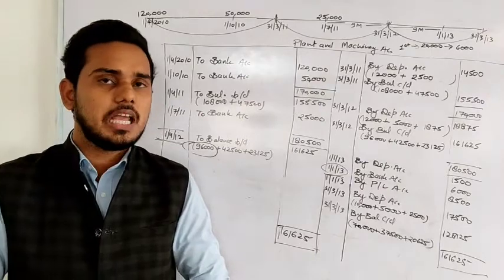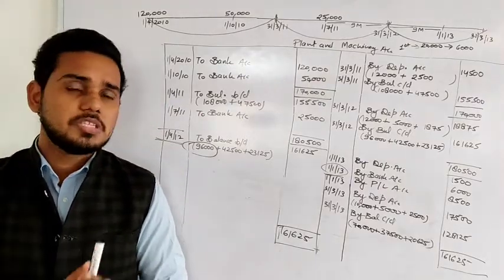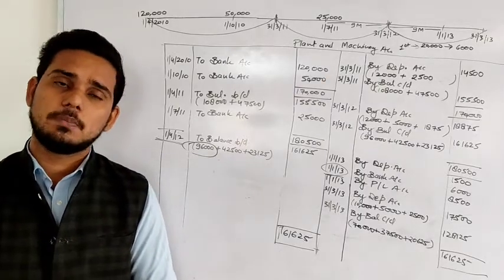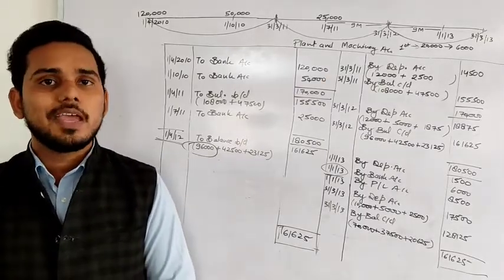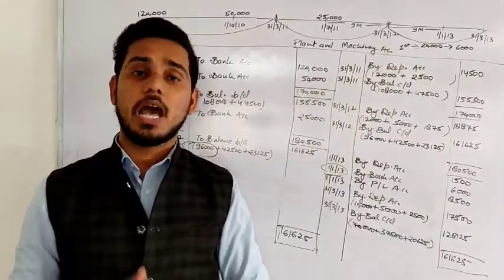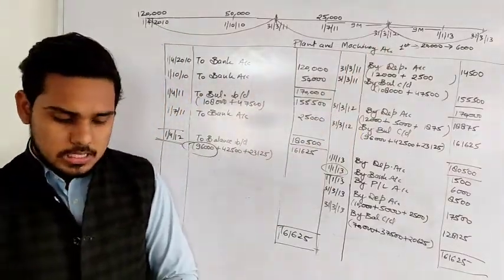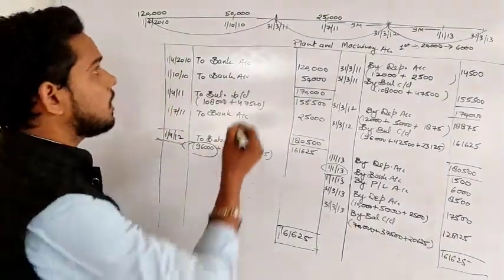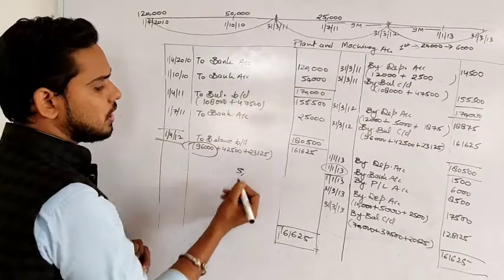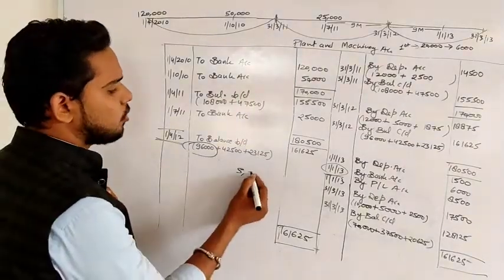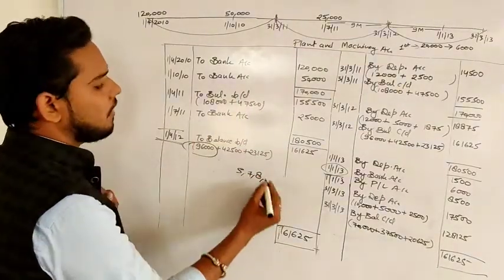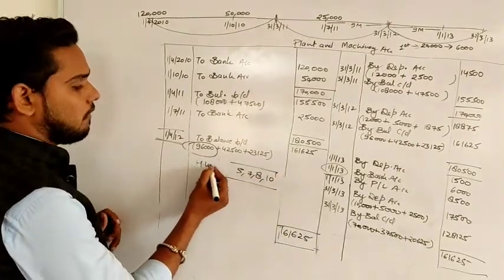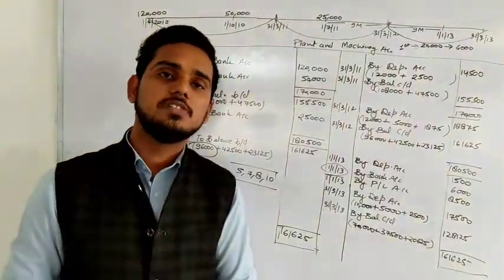We have seen what is the straight line method, how to calculate depreciation with the straight line method, how to prepare account. We have seen two questions also, one in previous class and one in today's class, where we are not selling the complete machine but a part of that machine. So there are some questions which are remaining in this chapter, and that is question number 5. Question number 6 we have solved in last class, then question number 7, 8, 9 we have done, and question number 10. So question number 5, 7, 8 and 10 will be your homework, and in next class we will see another method.